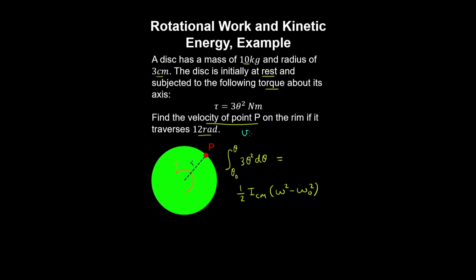And recall that the velocity is related to the angular velocity by the radial distance from the point where the torque is applied by the magnitude of the angular velocity. Well, if we evaluate the integral on the left hand side, and on the right hand side, the moment of inertia of the disk about the center of mass is mr squared on 2,